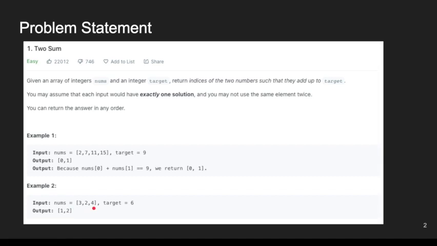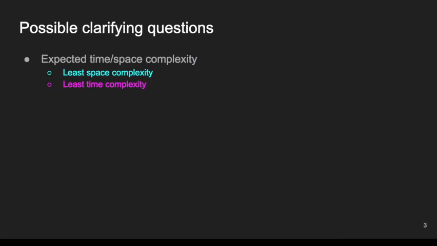So I hope the problem is clear as of now. If we move on to the next section, a lot of companies usually ask people to ask more clarifying questions after the interviewer has told you the problem statement. In this case,